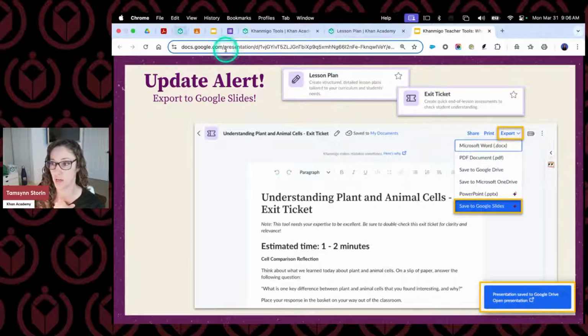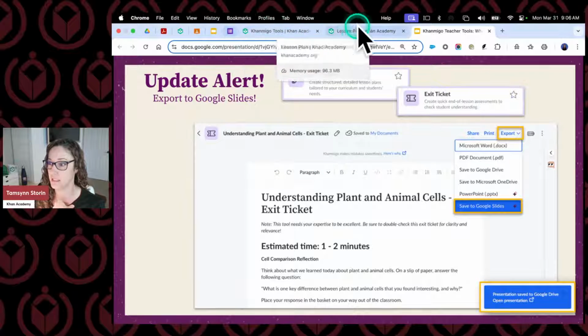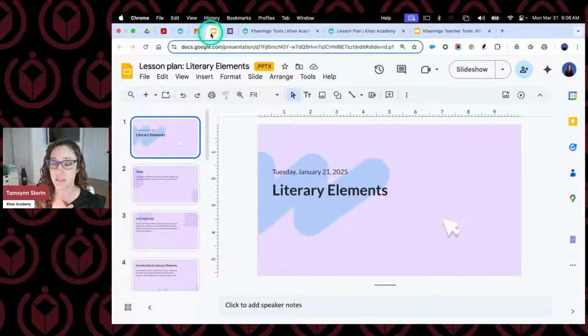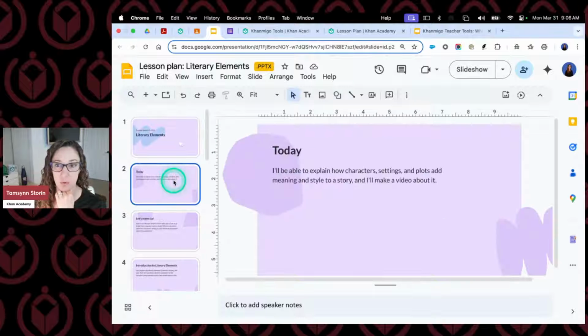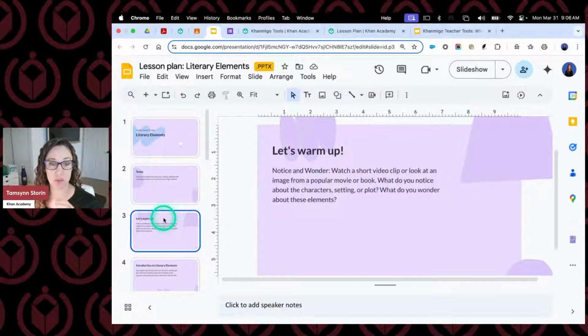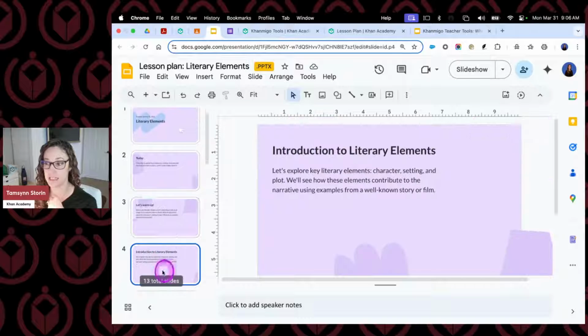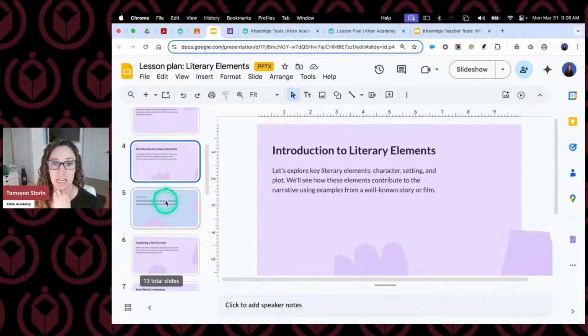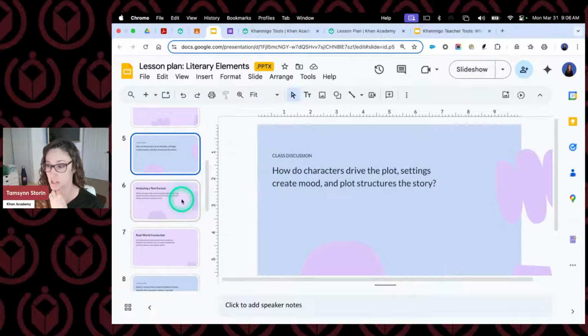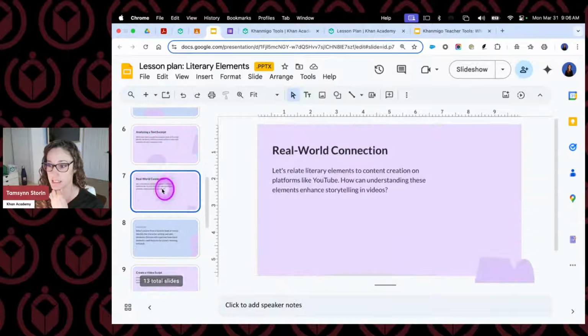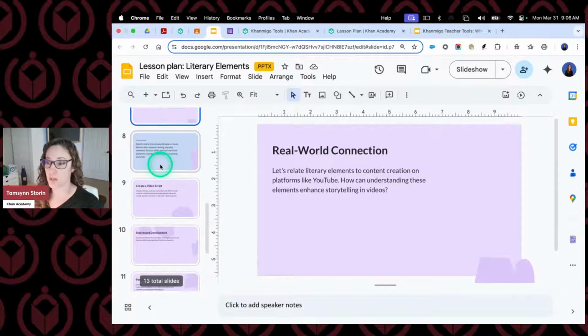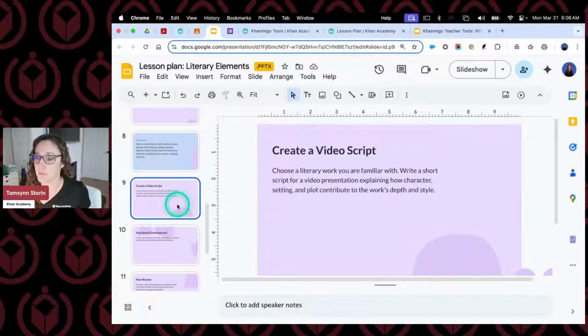So here's an example. I opened one for you right here. This is an example of a lesson plan that I had created with Khanmigo in the teacher tools. And everything that's going to be displayed here is actually what students need to see. There's nothing going to be teacher directions or things like that. It is literally meant for anything a student would be seeing. Here's our class discussion, analyzing a text, connecting it to real world. Here's your think, pair, share.